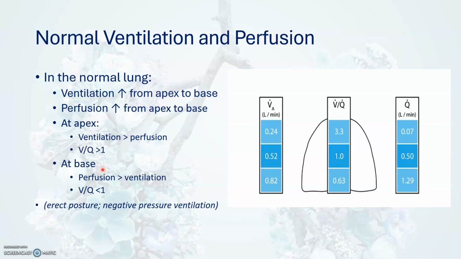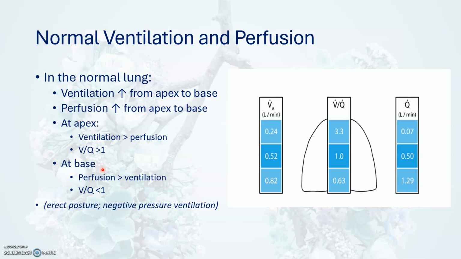So if we look at ventilation and perfusion, both ventilation and perfusion increase. So there's a gradient of ventilation and perfusion from apex to the base of the lung. This is greater for perfusion than for ventilation. Now, in undergraduate class, I think a lot of you may have got the idea that ventilation is highest at the apex and lowest at the base of the lung. This is not true. Oxygenation is highest at the apex and lowest at the base, but ventilation increases from apex